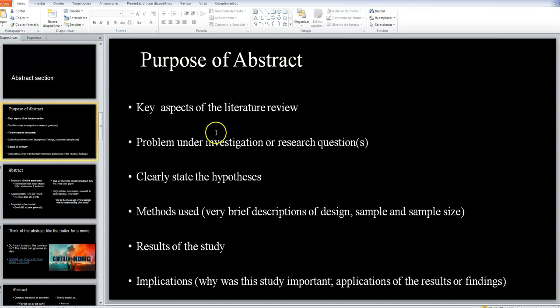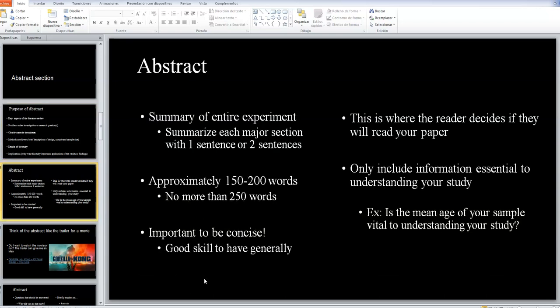So those are the key aspects of the literature review. Then you address a little bit of what is the research, what are the questions, what is the hypothesis, a little bit of what are the methods, and a little bit of results and implications. Key thing to remember here, make sure that you write it down as you're watching this. Key thing to remember, the abstract is supposed to be like a preview of what the article is about. It's a small preview, and this is pretty much the thing that a reader first looks at and then decides, is it worth it? Should I read the article or not?